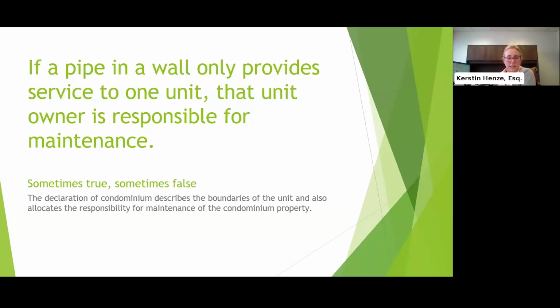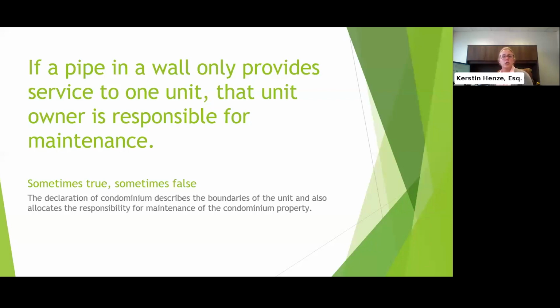It's possible that your documents say that if a pipe services a particular unit, but it's in the common elements, it's the responsibility of the owner. But I've seen it also written so that it becomes an association responsibility. So take a look at your maintenance obligations, see if they conform with how you currently operate, or if you even want to shift maintenance responsibilities.